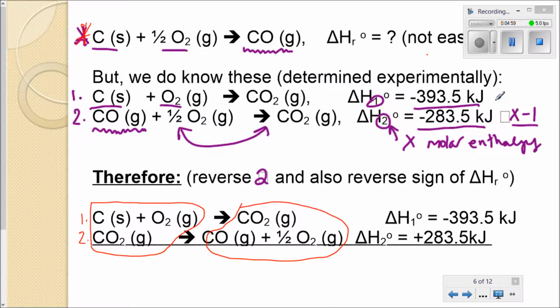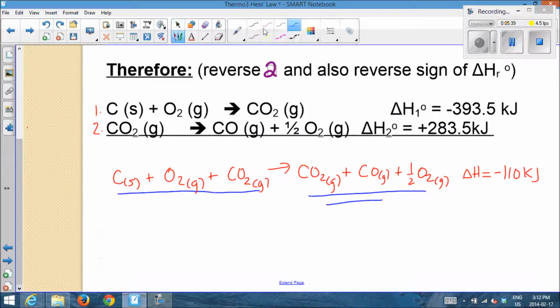It should look like this. So you can see here that I've added both equations together. I have all my reactants on one side and all the products on the other. I just added my delta H's together and I get this value right here. Now the thing is that this is not equal to our target reaction, because our target was carbon plus half